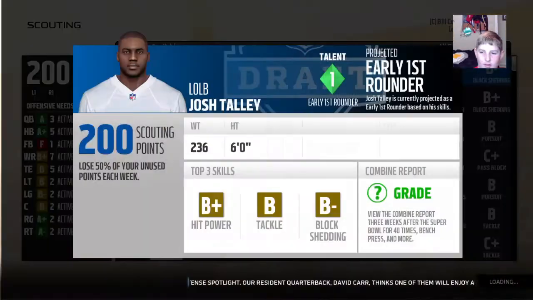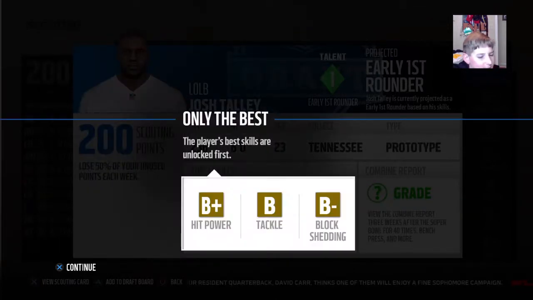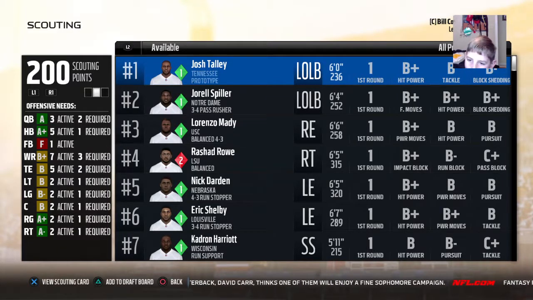Here are all the players that will appear in the upcoming draft. Select to scout this player and unlock his skills. Each skill unlocked will cost you points. Unlock this player's true skill rank. You just found a diamond in the rough. This means other teams...